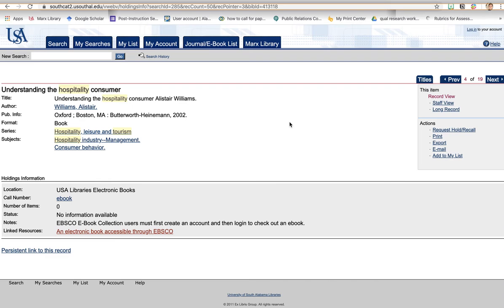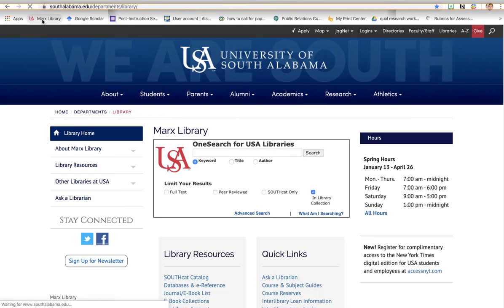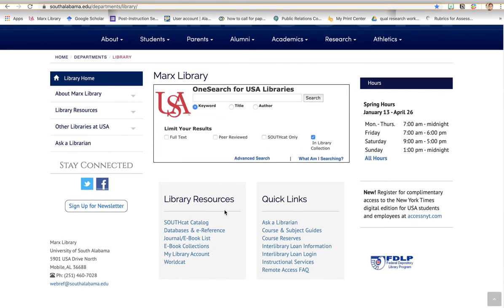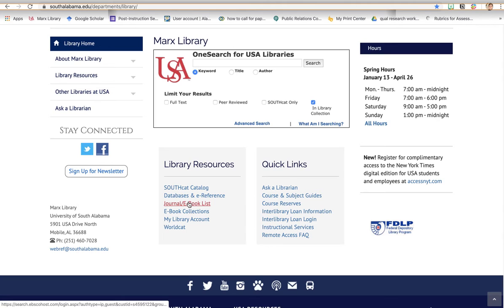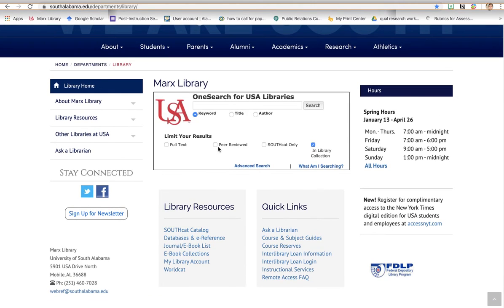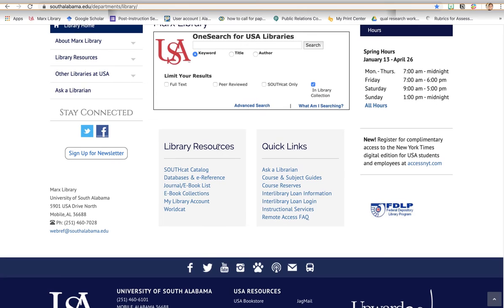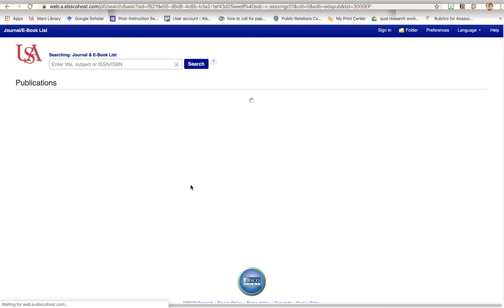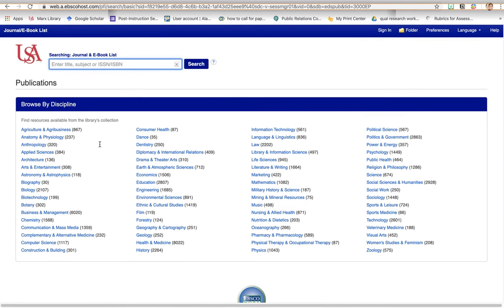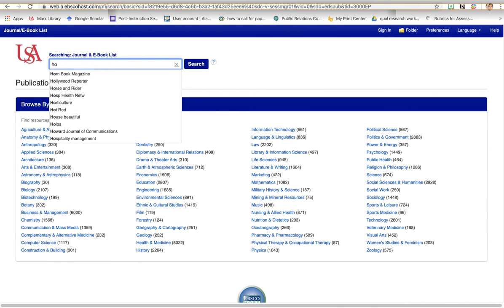The next thing I want to show you is how to find journals, which would have research articles in them related to hospitality and tourism. So if we go to the journal under here, we're back to the Marks Library main web page. And if we go back under library resources and click on journal/ebook list, you can search by discipline, but if you browse these disciplines, you'll notice that there's no hospitality and tourism discipline per se. But if we start searching for hospitality,